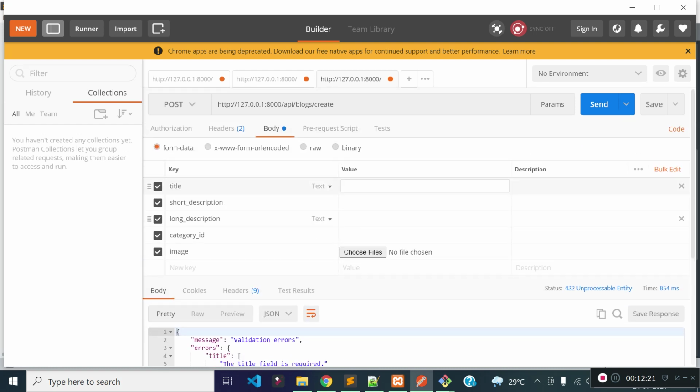Now let's provide title here. Let's provide the description and long description, and we need to provide the category ID, right?